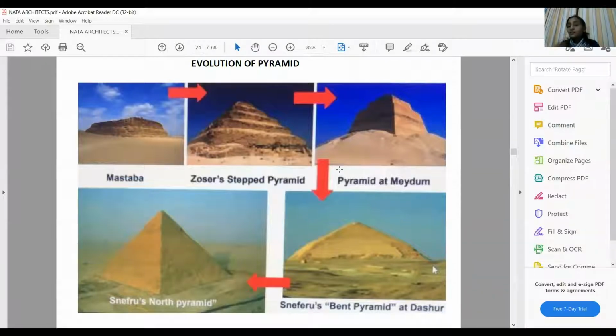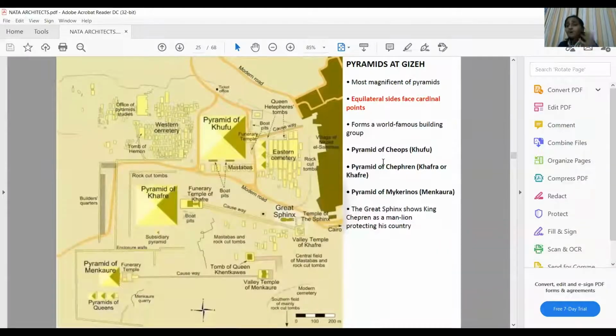Then they started a bit more experimentation by constructing these bent pyramids. One of the images you can observe over here is Snefru's bent pyramid. And then comes your true pyramid. One of the famous examples is the complex of pyramids seen in Giza, where you have